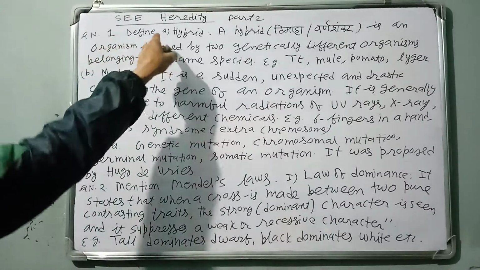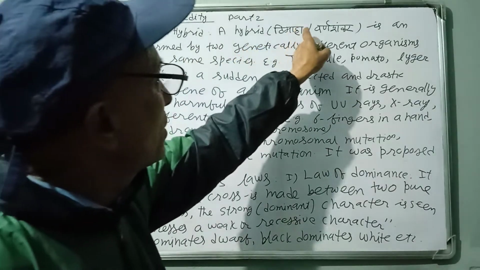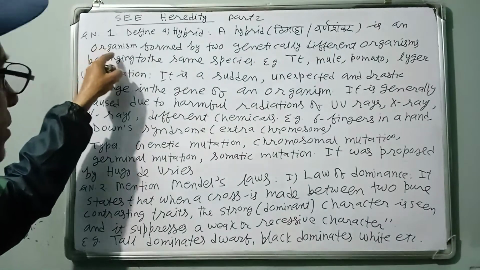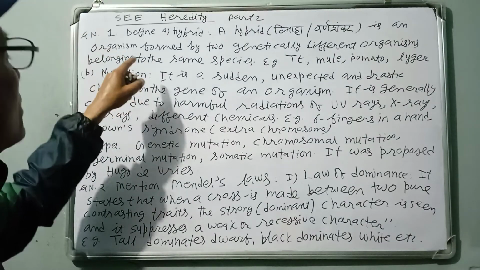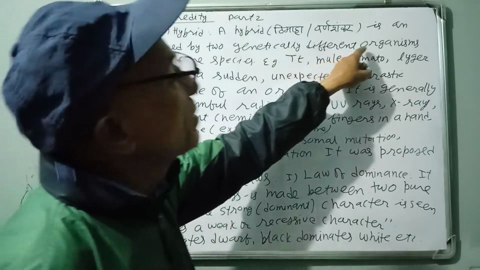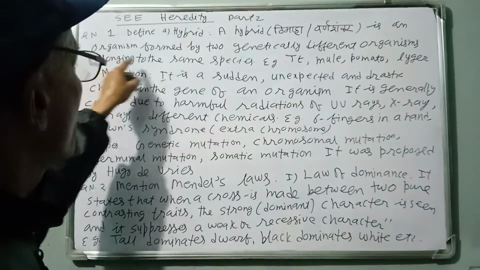Today, question number 1, define with examples a hybrid. A hybrid is an organism, it may be plant or animal, formed by two genetically different organisms, but those organisms must belong to the same